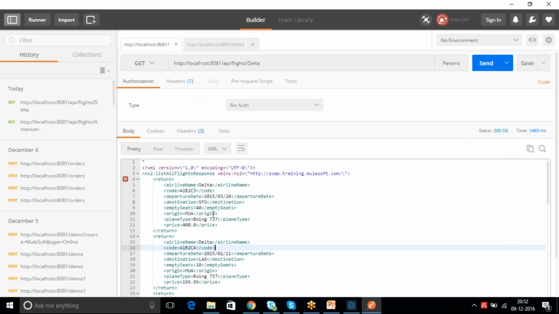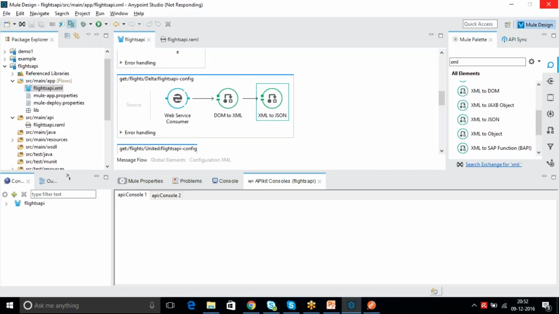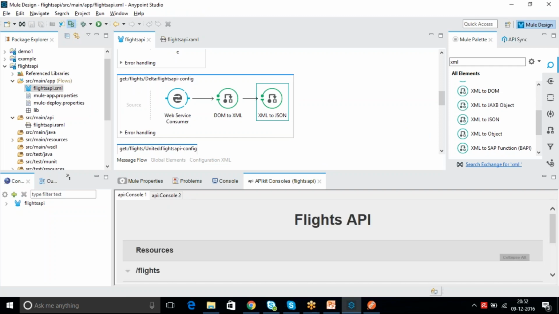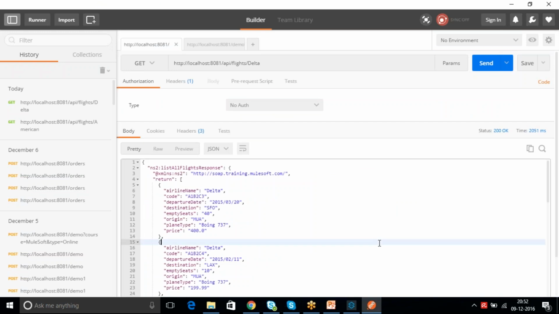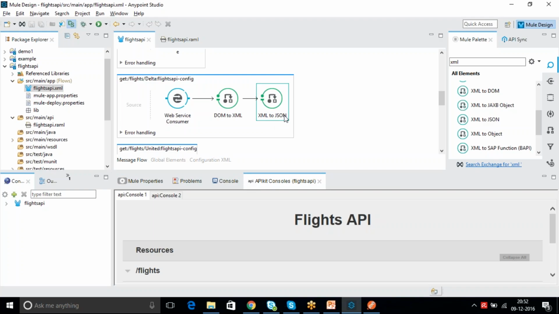XML comes as tags, opening and closing tags. Okay, now you just send again. See, your response got changed. You didn't do anything. It's very simple. You just used one existing component, converting that XML to JSON. It got converted automatically.